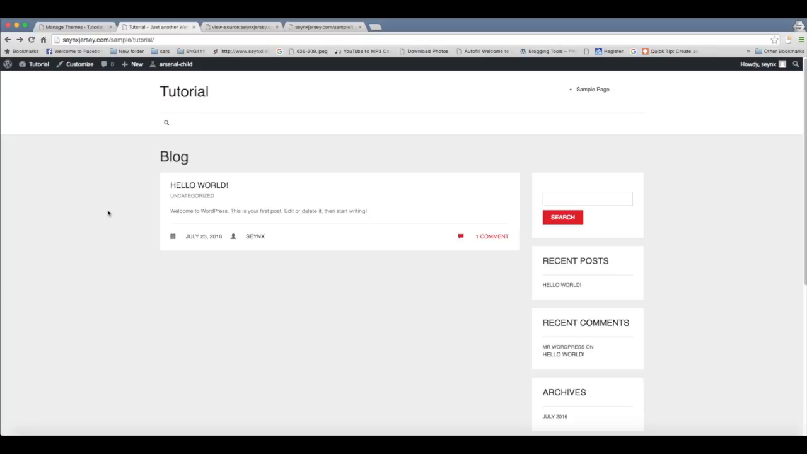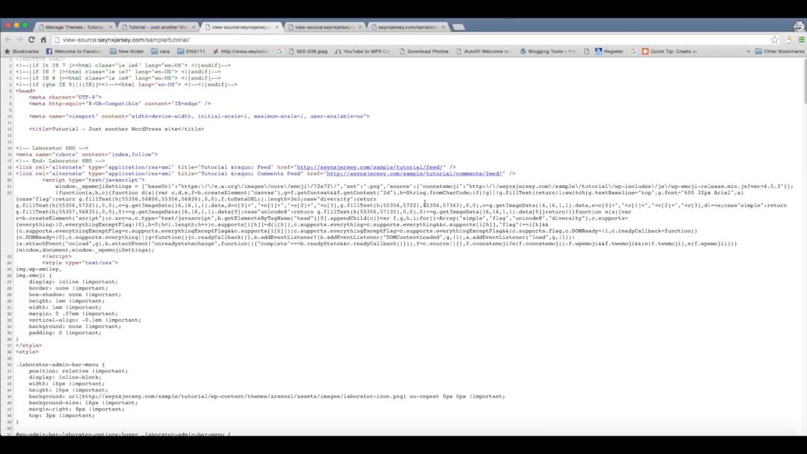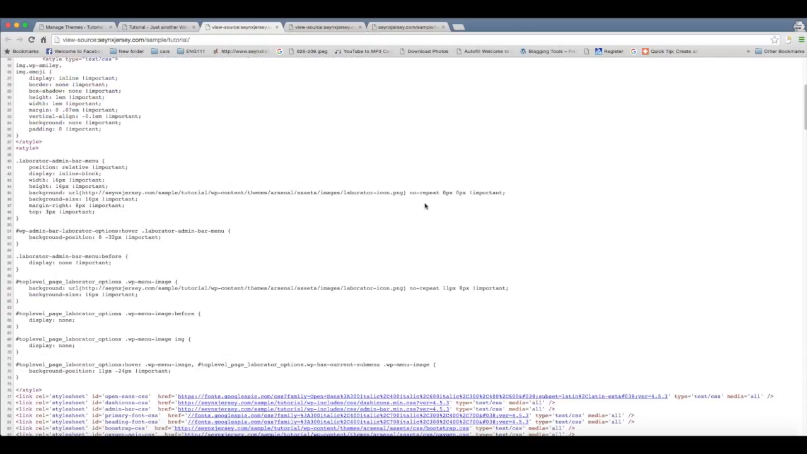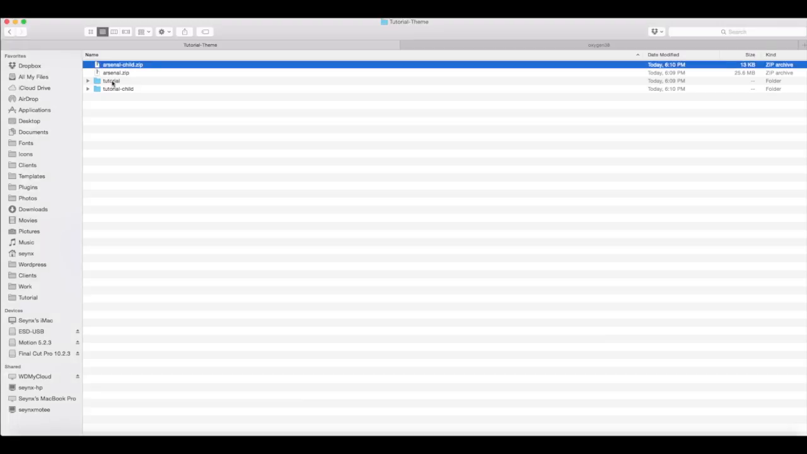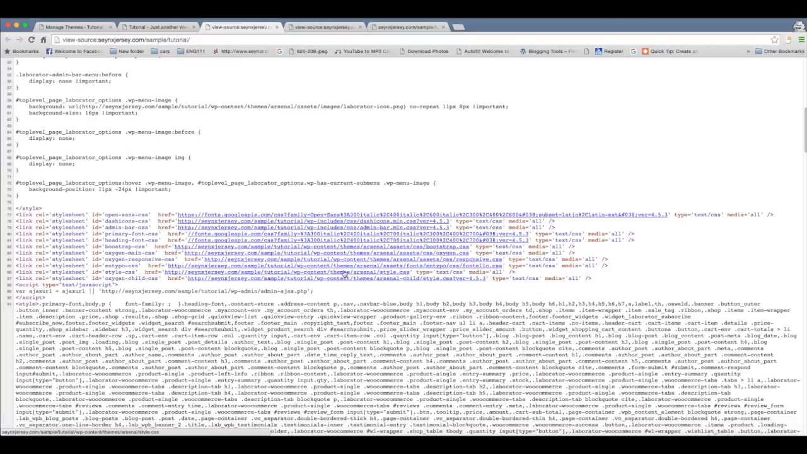We don't care about the layout for right now. All we care about is the source code. So we're gonna go ahead and view the page source right here. And as you can see, we managed to change our theme folder from tutorial right here to Arsenal right there. Okay, right here. Okay, then if you want to go further by checking the style CSS,